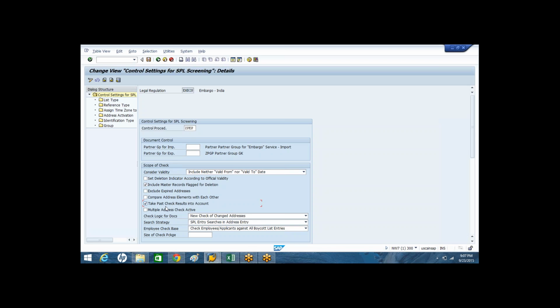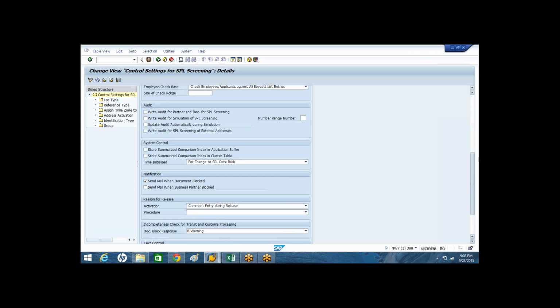And the next one is multiple address check active. Multiple addresses check active means, for example, your business partner is having different addresses. If you maintain different addresses for your business partners, whether you want to consider all addresses of your business partner for SPL screening or not. So these are the major important configurations we can consider as part of control settings for the SPL screening. And apart from this, the other major things are,